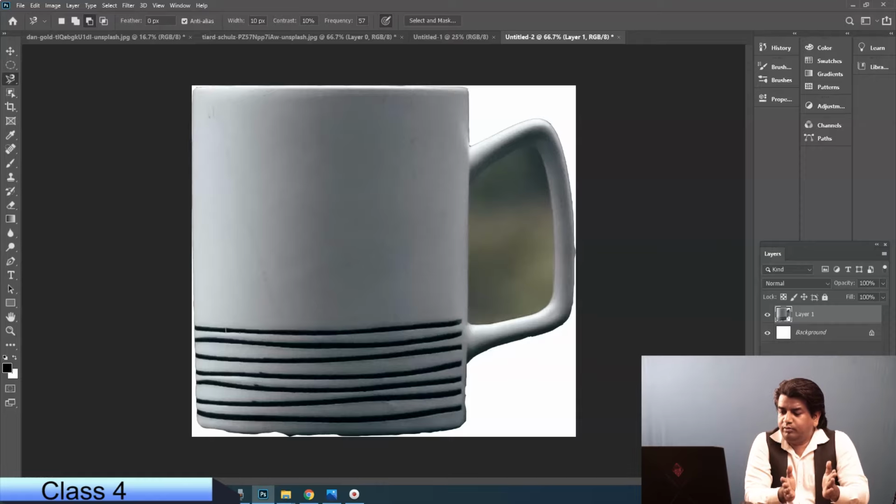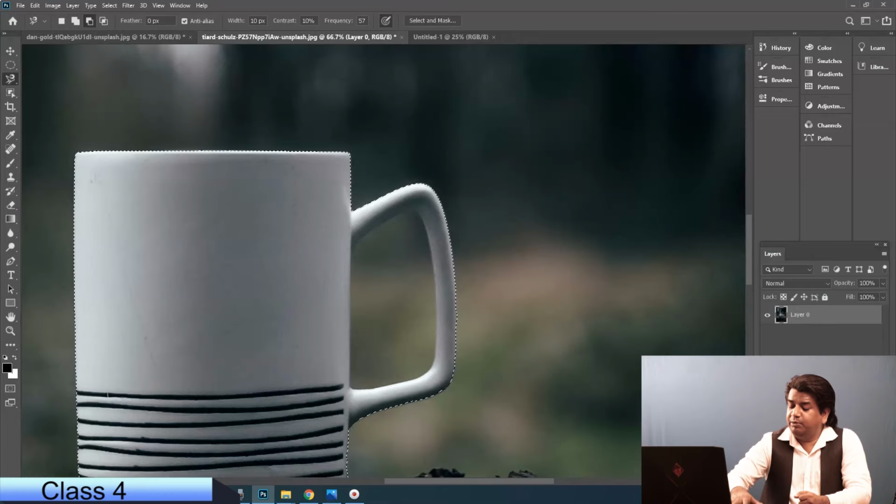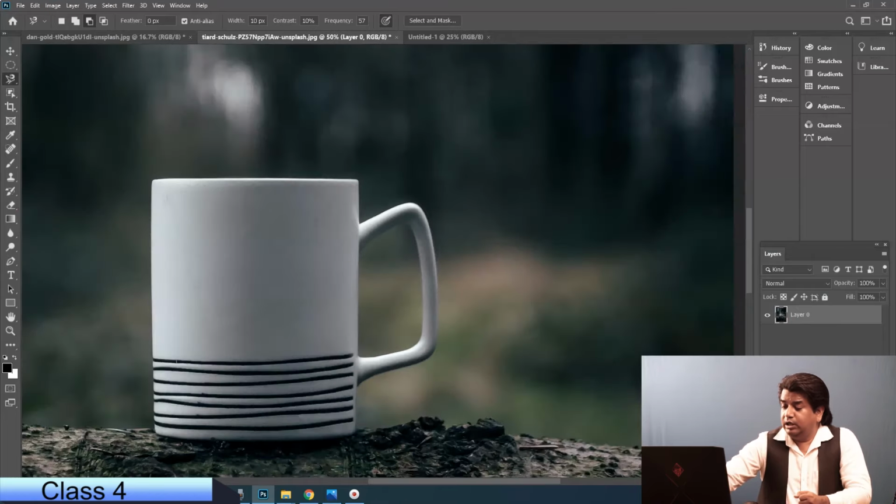So if you have a specific requirement where you want things to be rough, definitely you can use this technique. Rest, what I feel is the magnetic lasso tool can be beautifully used with your feathering value. Say for example I'm taking feather as 15 pixels, and with the magnetic lasso tool just go around like this,